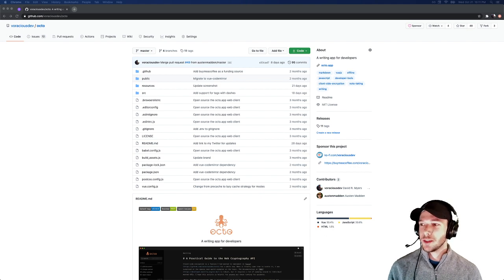This is going to be my first attempt at a live stream of web development while I'm working on Octo. For those of you that don't know, Octo is a writing app built for developers. It is open source. As you can see here, I actually have the GitHub repo pulled up, and I'm going to be